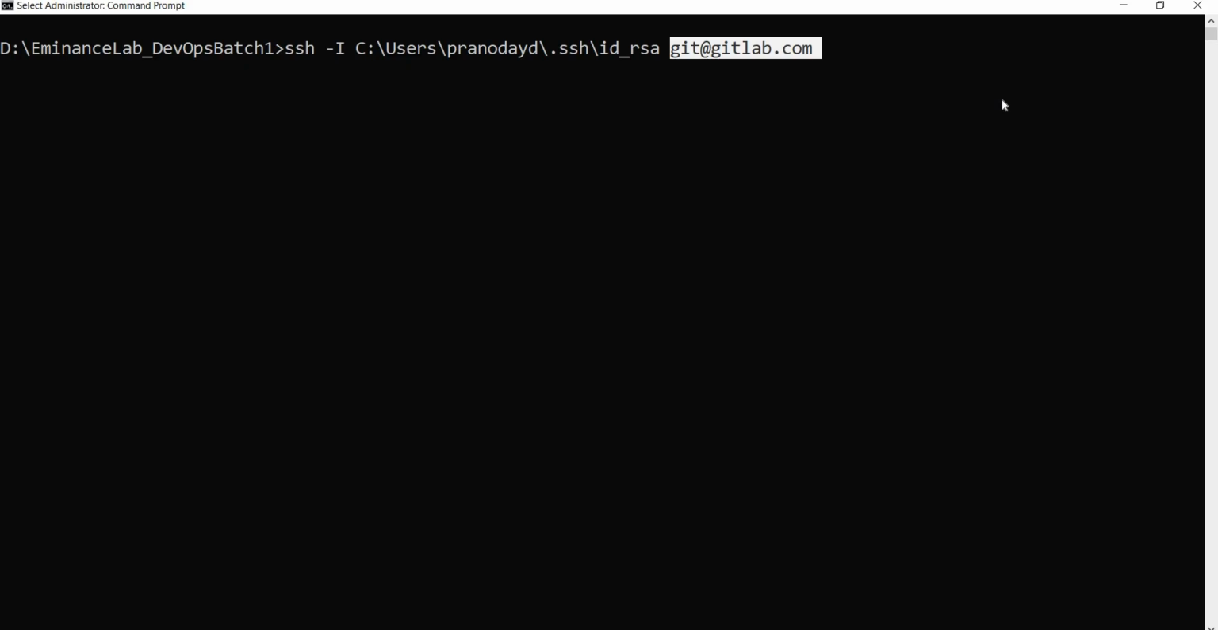Now let's see the third way. So there is another way to it, the third one, where we have to run one command, which is git config --global. So basically what we are doing is we are configuring which key to use in the configuration of the git itself. Global, and then I would say core.sshCommand,